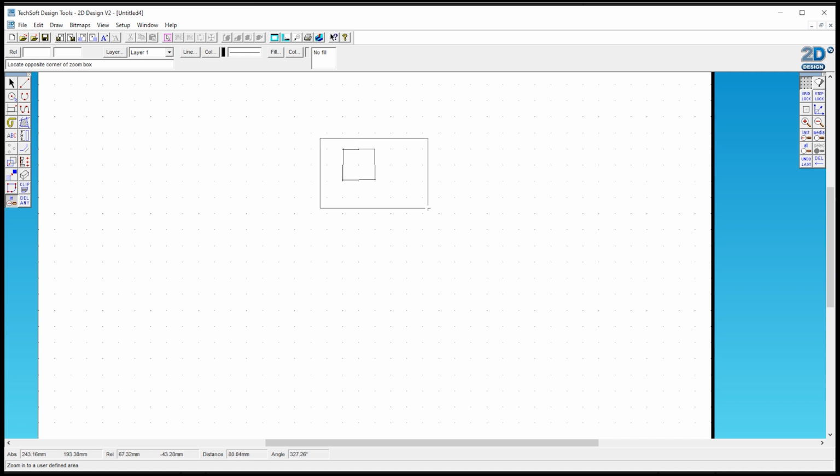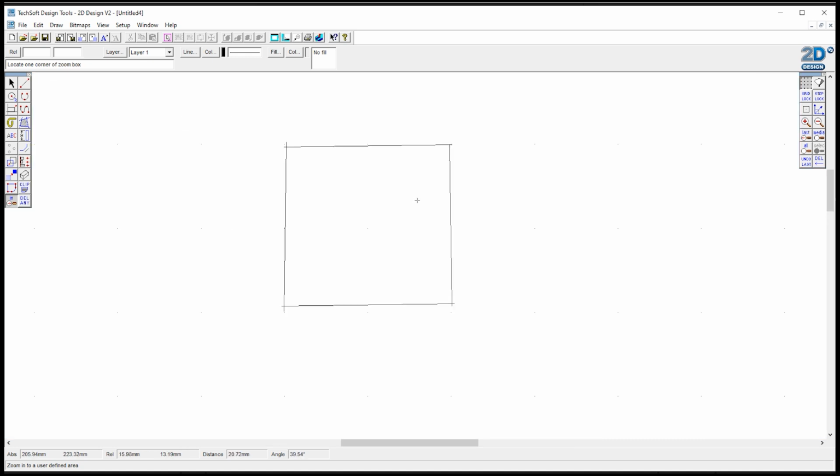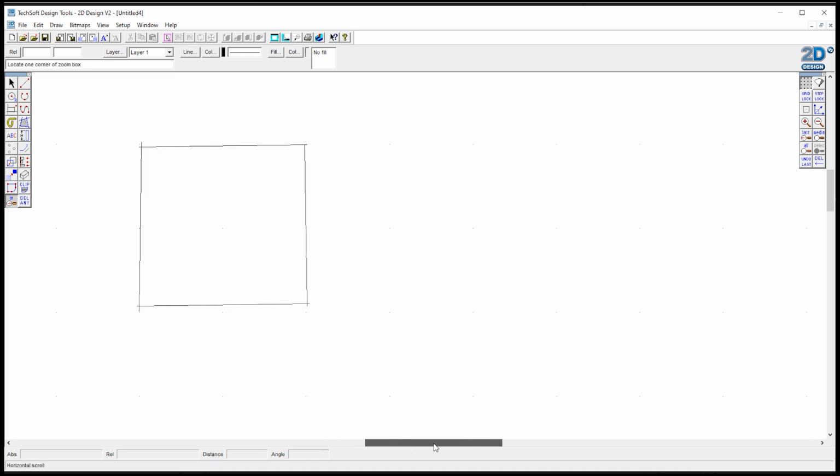Now if I zoom in, we can see that in actual fact that grid hasn't really helped us very much. These lines, they're not horizontal nor are they vertical, and they don't quite sit on the dots, so that hasn't worked too well. However, whichever piece of CAD software you use, there will be an ability to lock the cursor